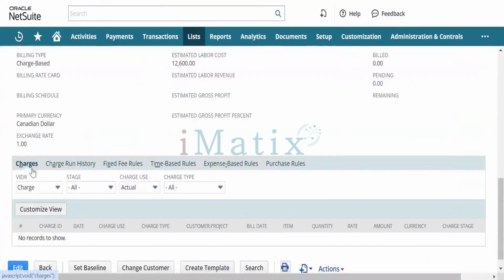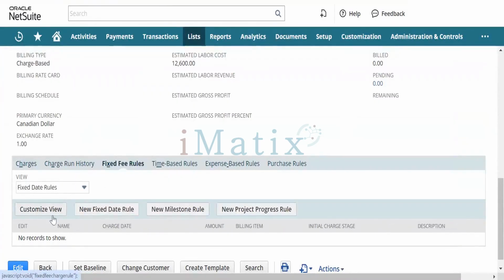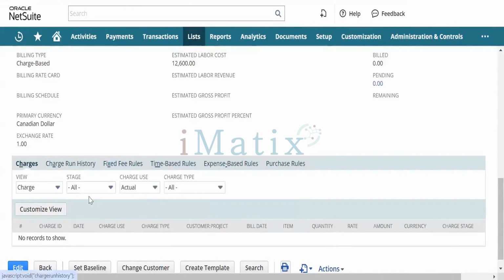I have to then create a rule. I have to create the fixed 3 rules for the charge. Time-based rule or expense-based rules. All these options already come there. The rule which I create, on the basis of that rule my sales order or invoices will come there. Now see. Based on what kind of